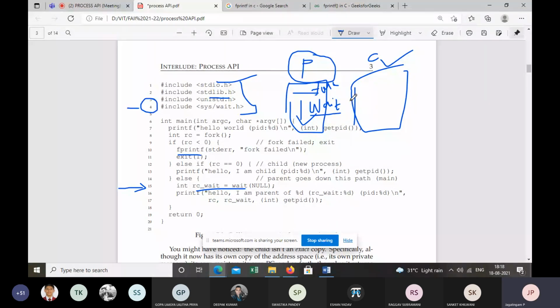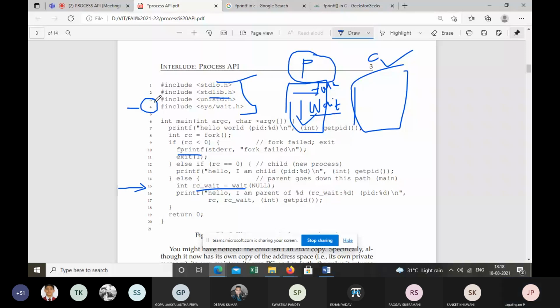Why do we use these? We use line 3 for fork and getpid, and line 4 for wait. Good, good. So now we can understand why we use header files 3 and 4.